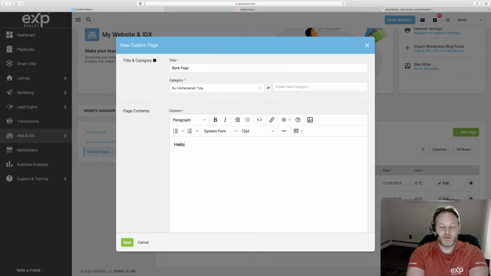So you have your text options here. You can create live links. You can add some photographs and images to spice this up as well. There is a separate blog functionality that we'll look at for KV Core, so I recommend this as a place for resources. You could call this